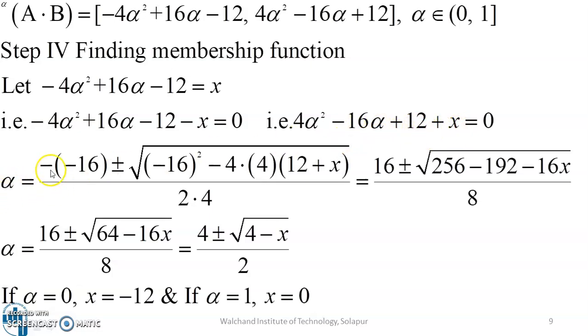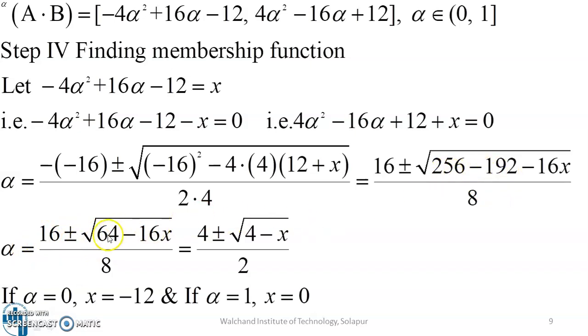Using this, we get alpha is equal to minus b, that is minus of minus 16, plus minus the square root of b square, that is minus 16 square, minus 4 into a, which is 4, into c, which is 12 plus x, divided by 2 into a, which is 4. This minus minus will become plus 16, and plus minus square root of minus 16 square is 256, minus 4 into 4 is 16, and 16 into 12 is 192, and this minus 16 into x is minus 16x, upon 2 into 4 is 8, that is equal to 16 plus minus square root of